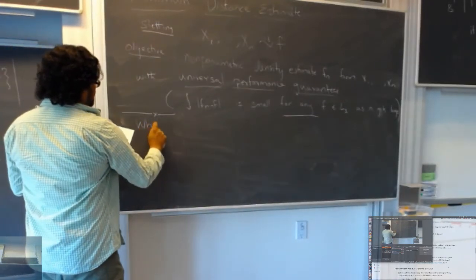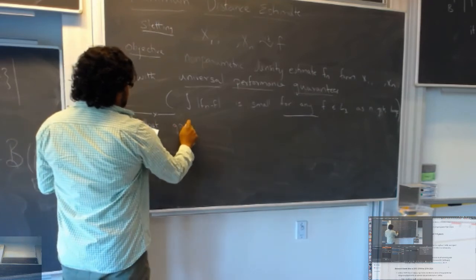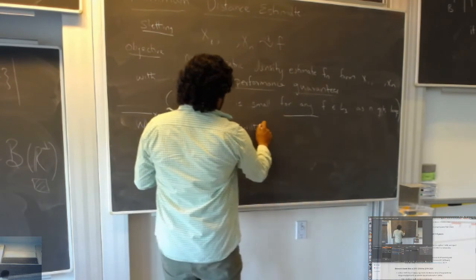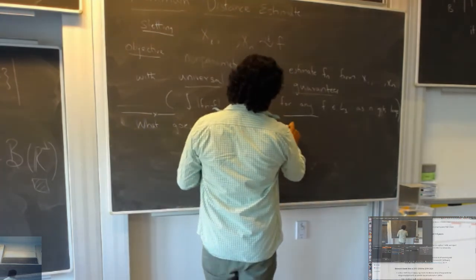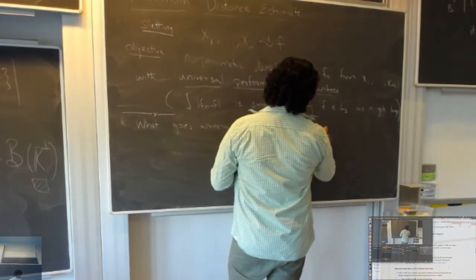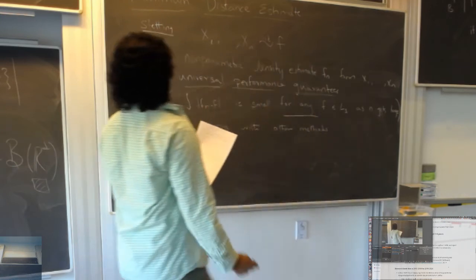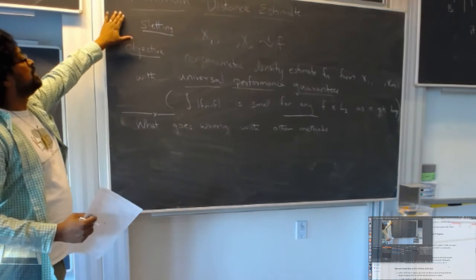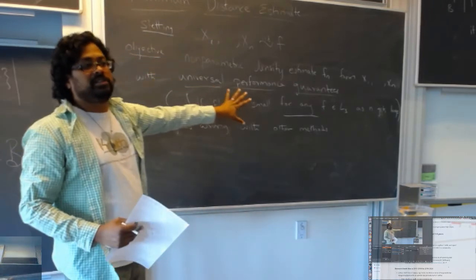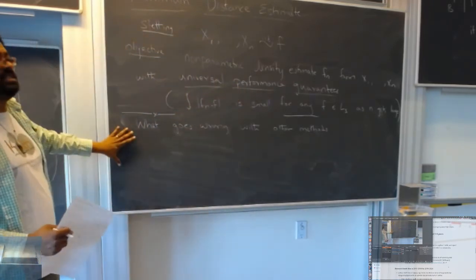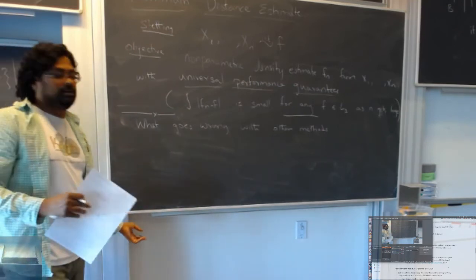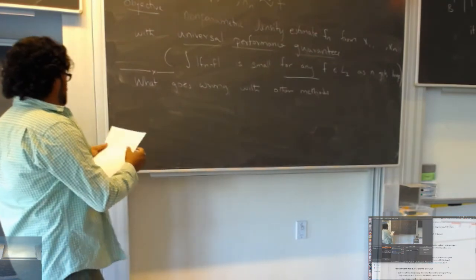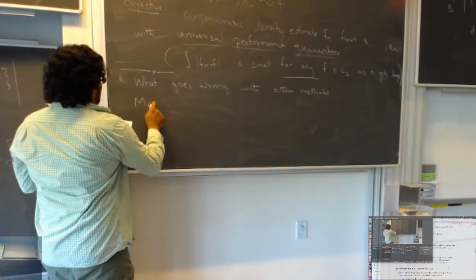So what goes wrong with other methods? I haven't defined what a minimum distance estimate is. I just said that it's going to have universal performance guarantees. We'll get into that. But before we define it, let's look at the classical ones first, and why they don't have universal performance guarantees. Okay, so maximum likelihood